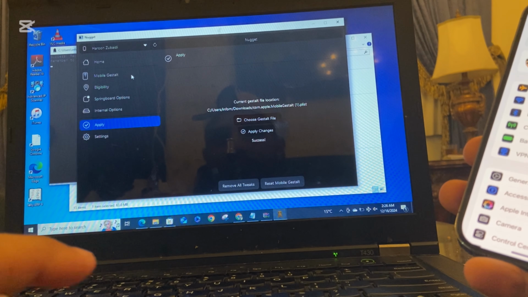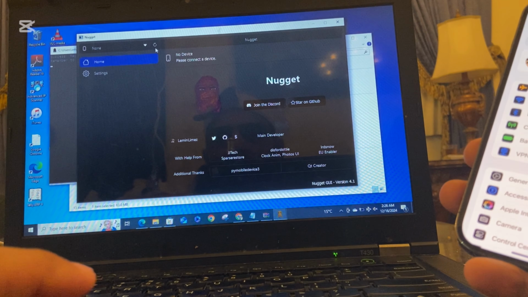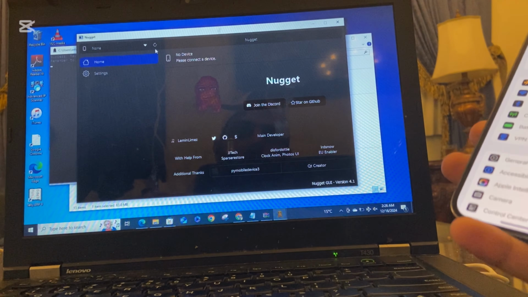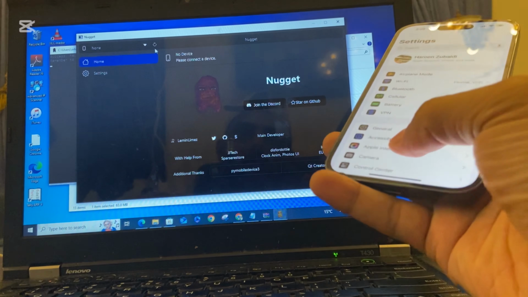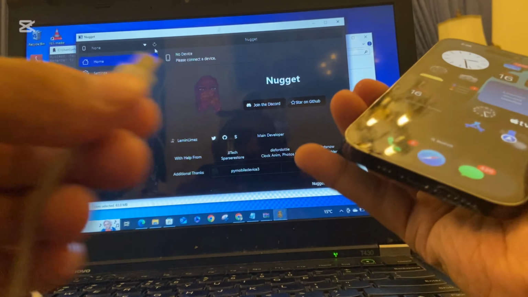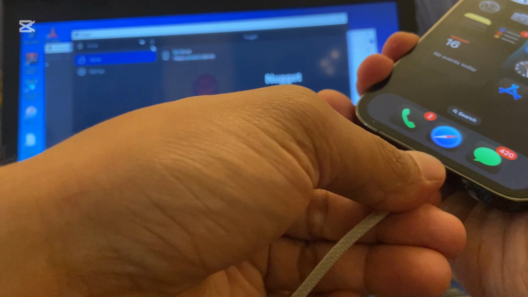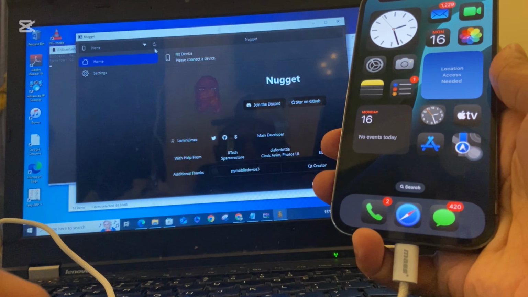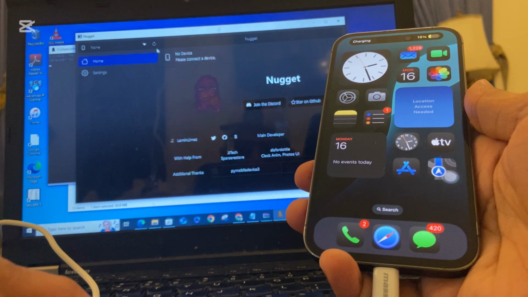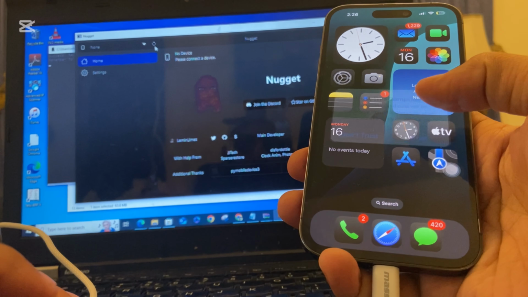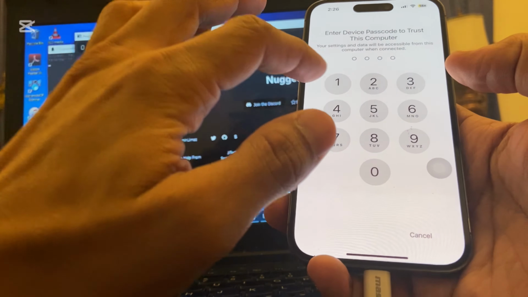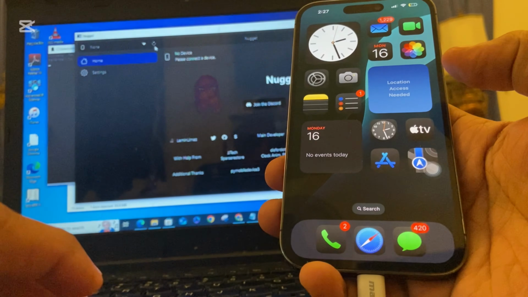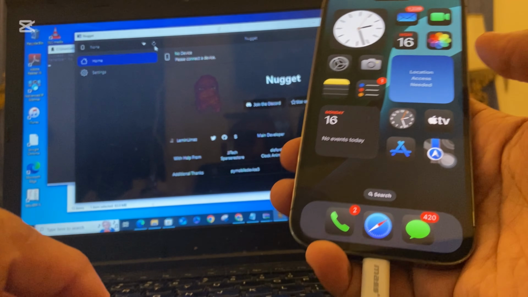Now we will go to the Nugget application to customize our iPhone. Those who don't know how to install the Nugget application on Windows, I have already made a video on it. You can go and check my previous video. Connect your device with a cable and refresh your Nugget application. Once the device is connected,